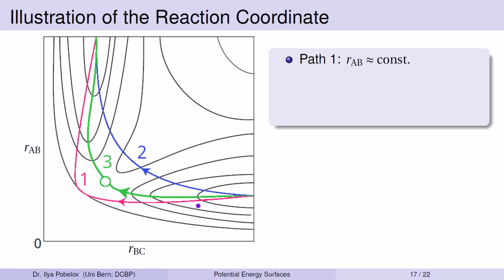Then the potential energy peaks when all three atoms are in close proximity. After that, it drops sharply as atom A detaches, seen as a rapid increase in RAB. The newly formed molecule BC relaxes by increasing its bond length towards the equilibrium value. This is indicated by a slight increase in RBC as the system approaches the bottom of the energy well for